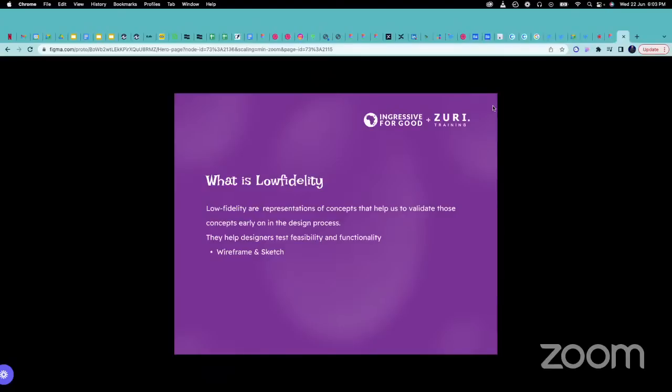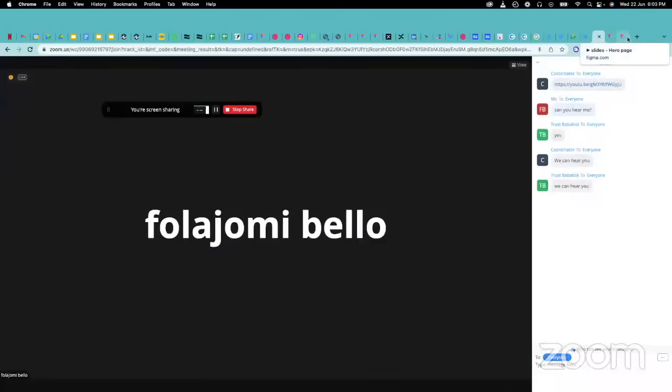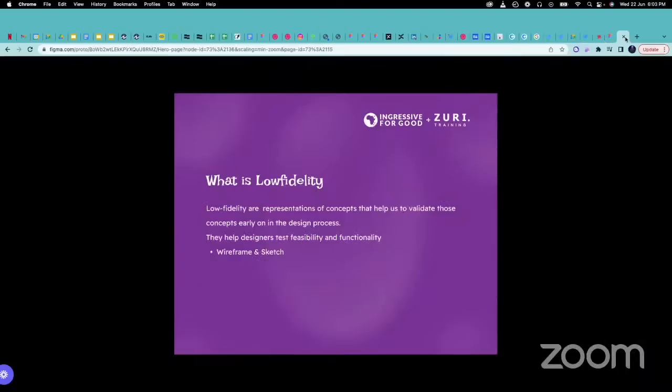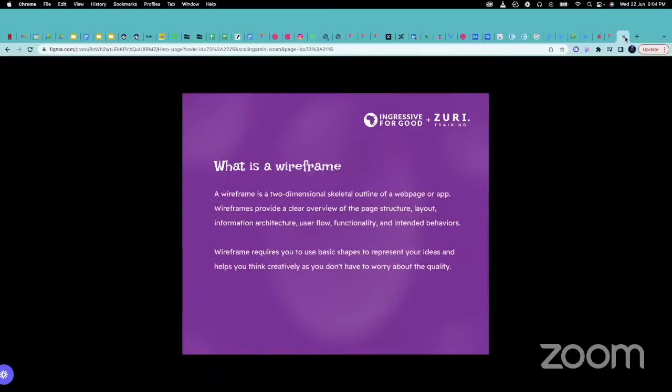So you already have the concept of the hub so far. You've done your research and all of this, and now you're trying to translate all of those research and your user research, everything, into your design, which will guide you before you actually do the whole wireframing. Wireframing is a